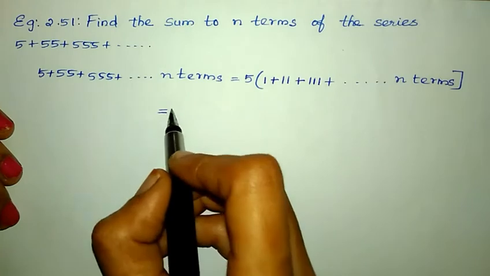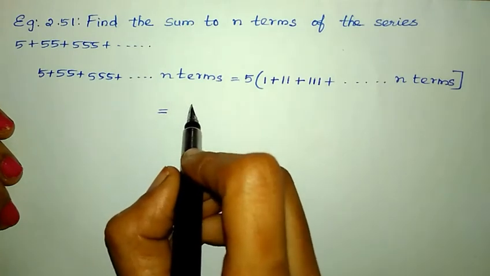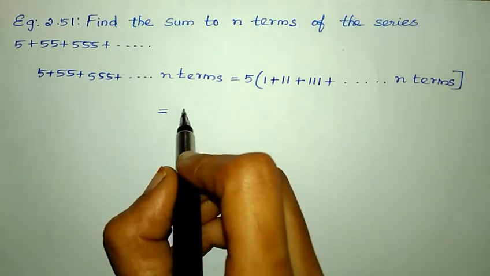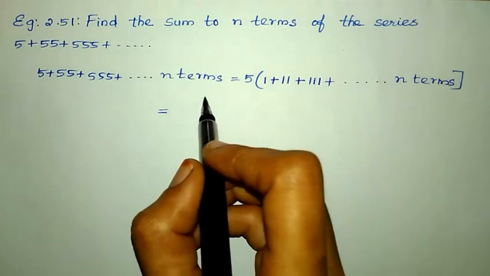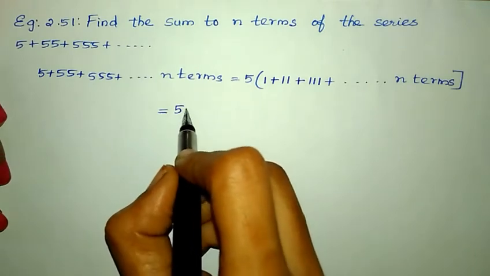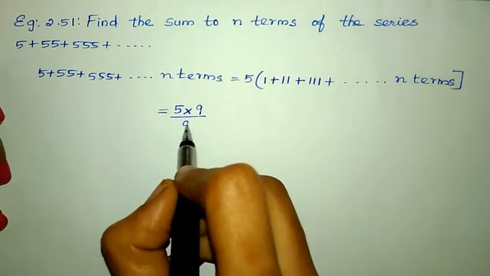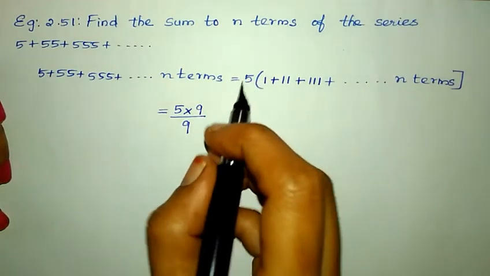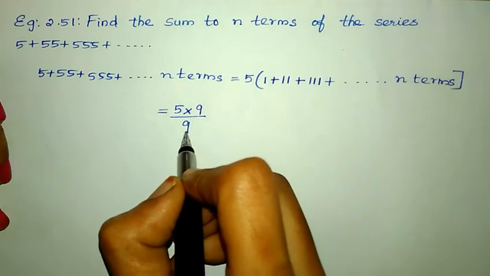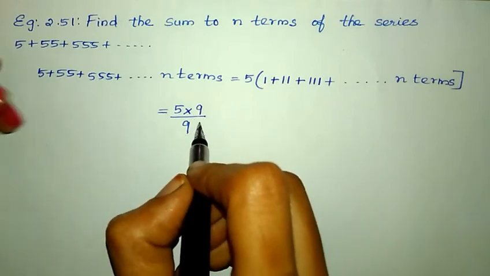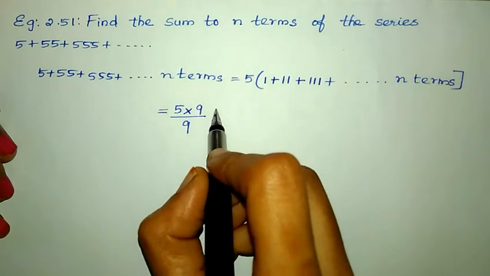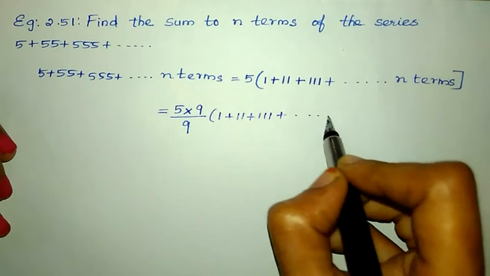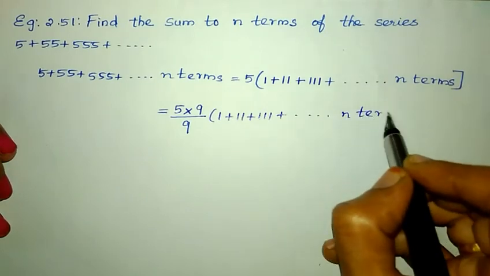Now I am going to multiply and divide by 9. If you multiply and divide by the same number, the value will not change. 5 into 9 divided by 9. So 9 gets cancelled, you will get the actual value. Here multiplying and dividing by the same number gives the same value. Into 1 plus 11 plus 111 plus etc. up to n terms,